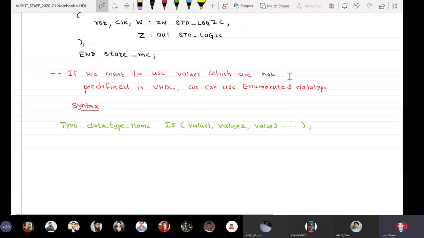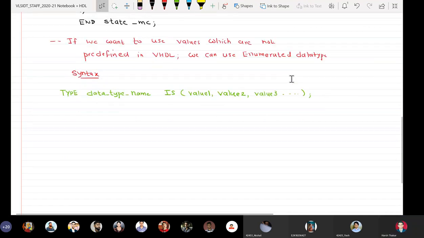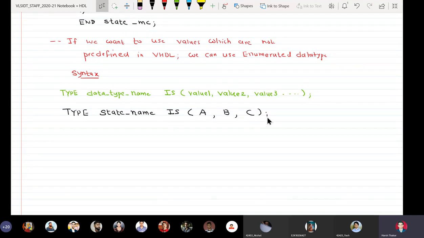So I write the syntax. Type, instead of data type name I will write type state name is, and this particular data type can have only three values: A, comma, B, comma, C, semicolon. So type data type name is the value set semicolon.